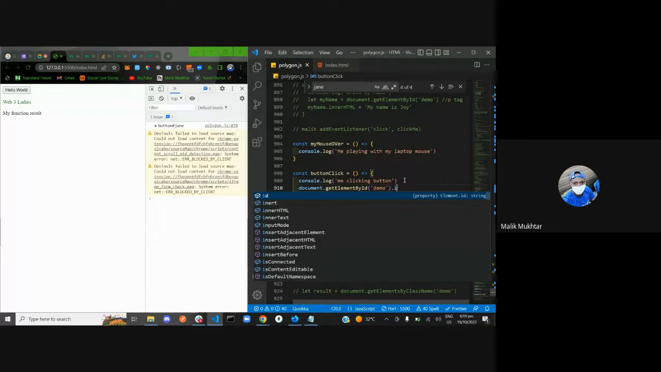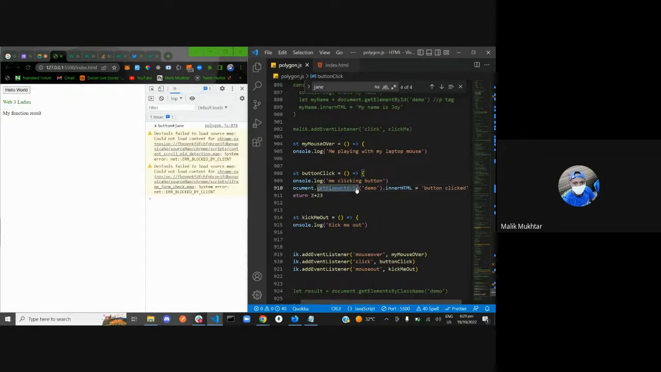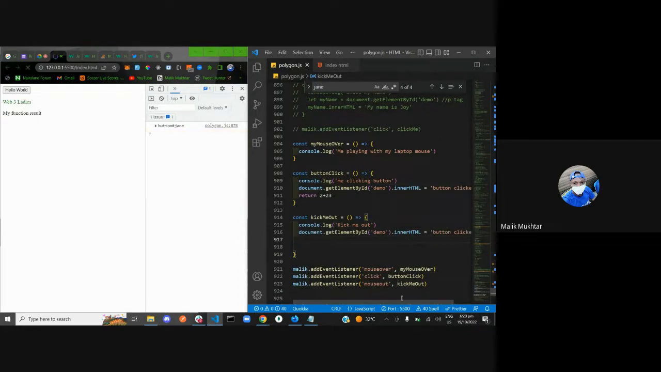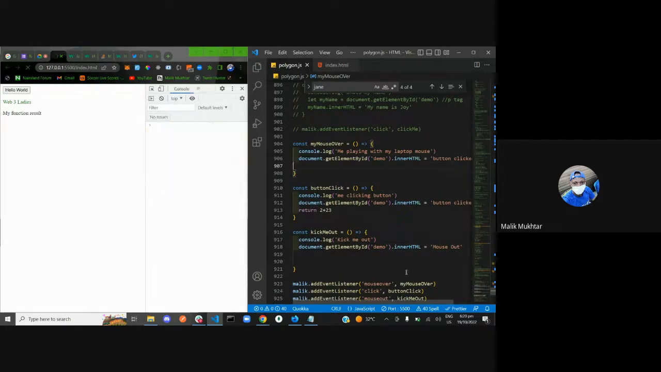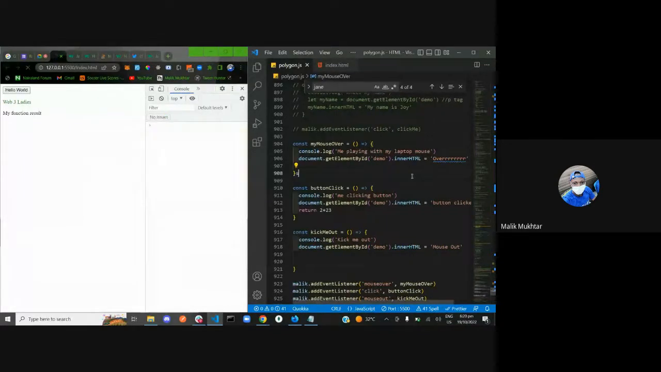Maybe because it's out of a function. That's why the other one is not working. innerHTML to be equals to now button click. So let's do the same thing for mouse out. Mouse out and mouse over. Let's do the same thing for mouse over. So if I save this now,